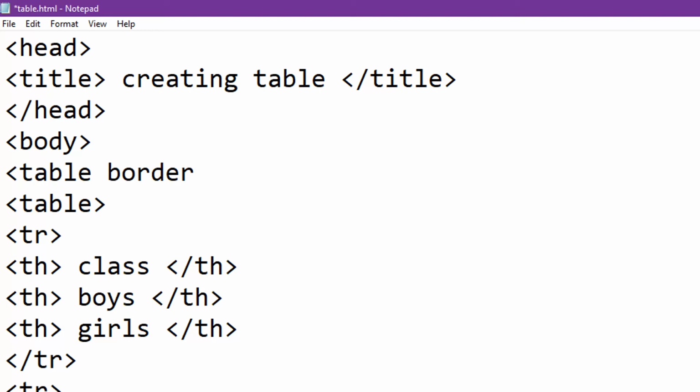And you have to give some value to it, like 1, 2, 3, 4. What will this 1, 2, 3, 4 represent? It will represent the thickness of the border. The more value you give, the more will be the thickness of the border.